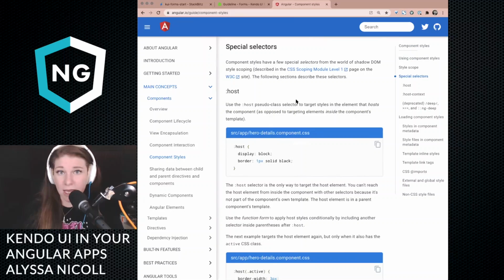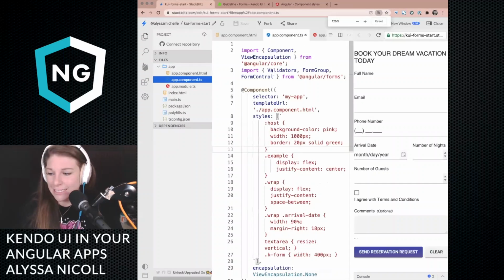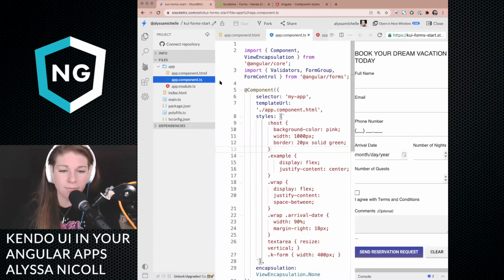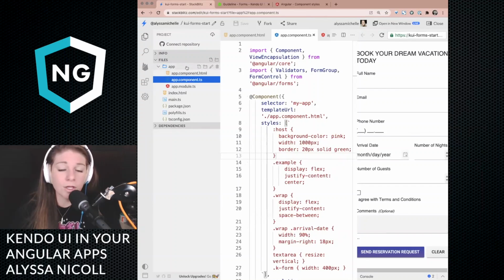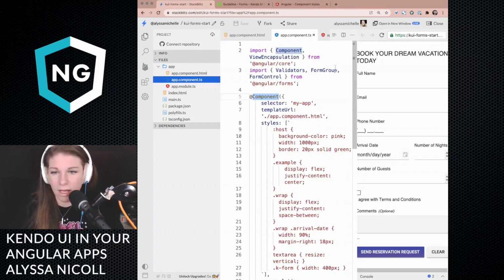So whenever you create components, I'm going to go over here to our StackBlitz and make the font 1,000 times larger. I know it's crowded, but we'll survive. So whenever you create a component, which is what this is, @Component, it kind of creates this root element. So if I open,